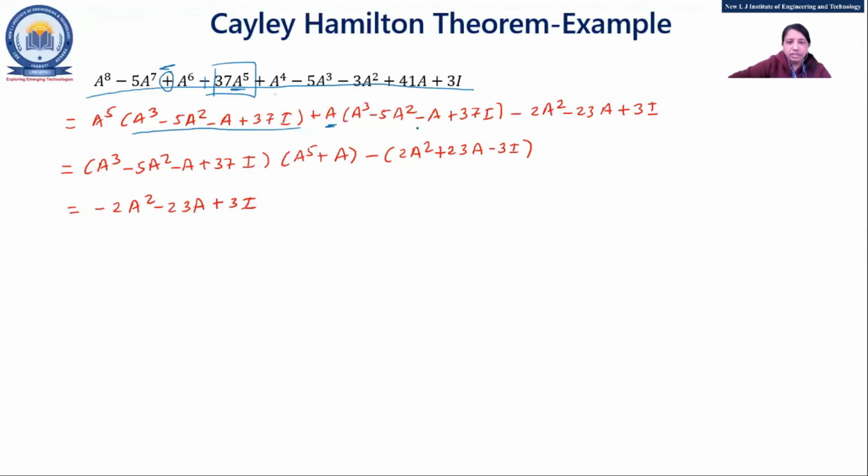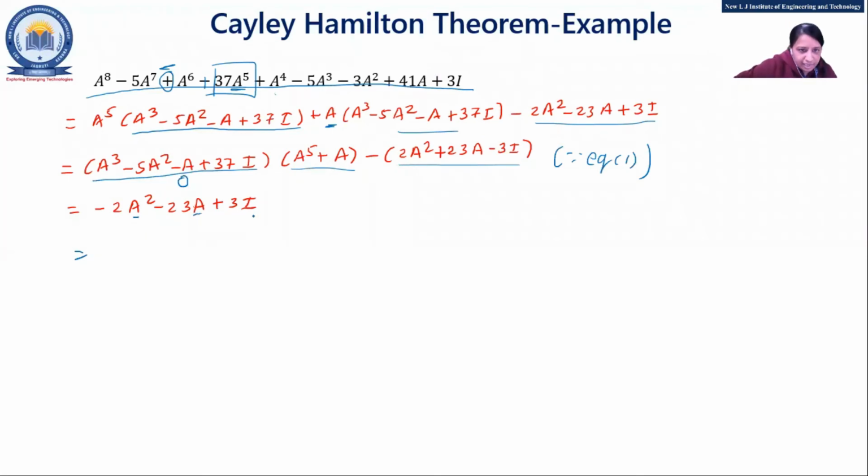So I'll get my answer into that. Fine. Now this was the remaining thing. Now what you need to do? Just take this thing as a common into a5a minus this. So you can see that this is nothing but what? A 0. Using what? Equation 1, or write down using characteristic equation. So now you will be having this minus 2a square minus 23a plus 3I. Now in that one, just put the value of what? A square, a and I.